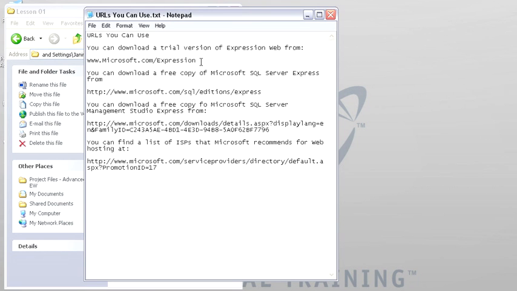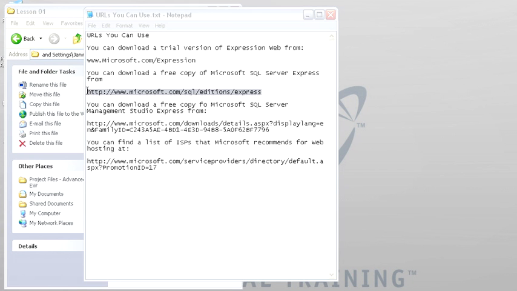The first thing you'll find, just in case you're interested, is the address where you'll find information about Expression on the Microsoft site. You'll find lots of resources there. You'll also find a free trial version if you ever need to download one. What you definitely need on your computer before you can continue with this exercise is a copy of Microsoft SQL Server Express. If you don't already have it on your hard drive, you can download it for free from the Microsoft website. And I included the addresses here in this text file so you can just copy and paste them